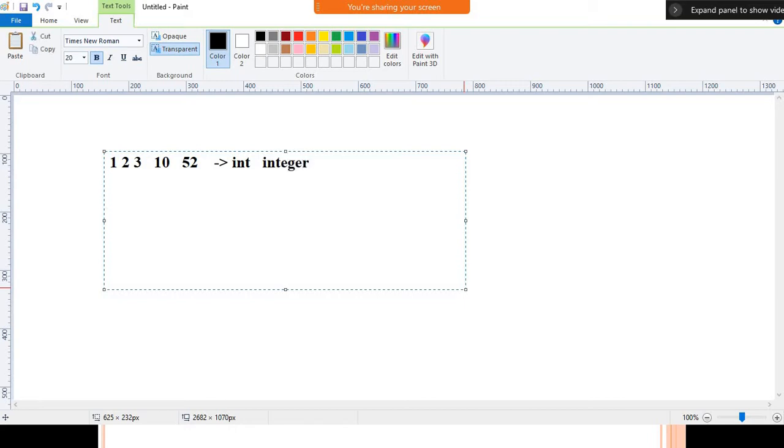If you want to represent some alphabet like A, capital J, capital V, small v, capital G, you use the data type character and the keyword is char. This one is a keyword, and this one is used to represent the alphabet value.